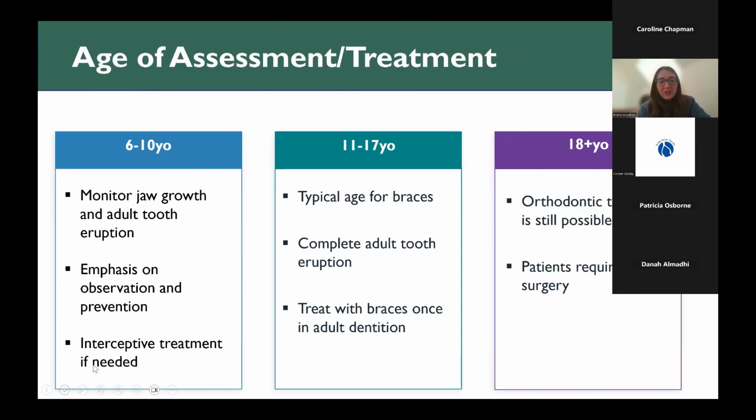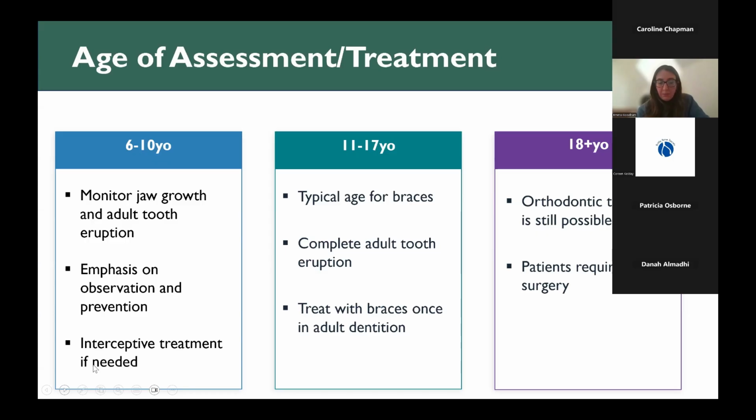So what age, for me as an orthodontist, what age would I like to see you at first as someone that has OI to check your teeth and your jaws? So I feel like in a lot of ways, the earlier the better, because at the age of about 6 to 10, you're getting your very first adult teeth coming through. We're not really aiming to give you a lot of treatment at that age, but it's really useful for us to sort of observe,